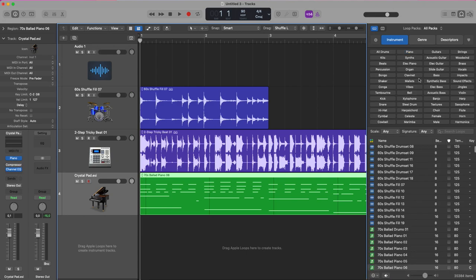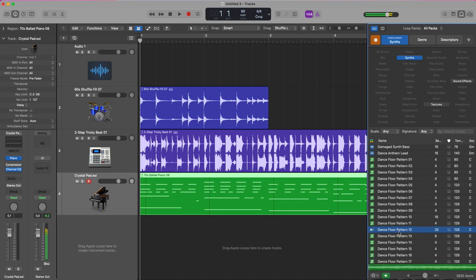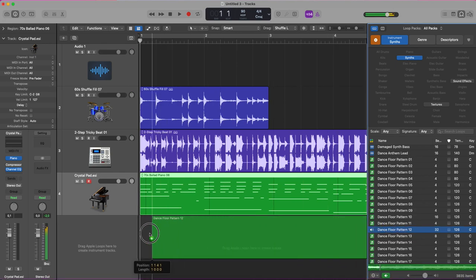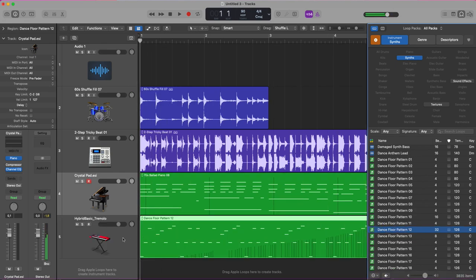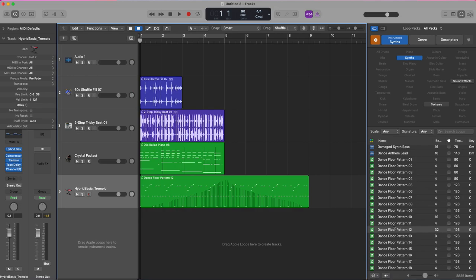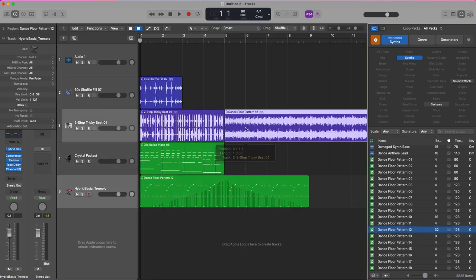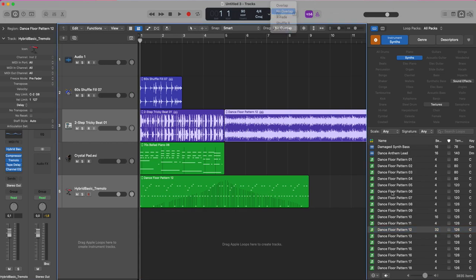Let's drag something else, for example, a synth. I got a hybrid bass and some effects. If I drag the same green Apple loop into an audio track, you can see that I have the audio information in there.